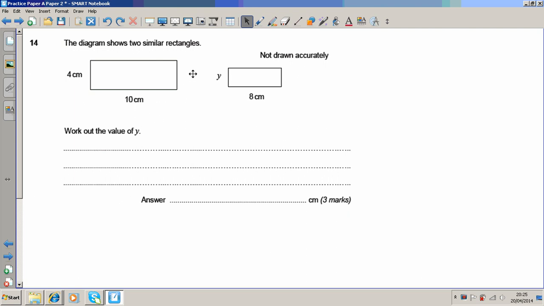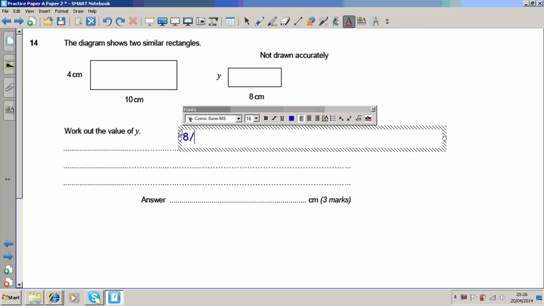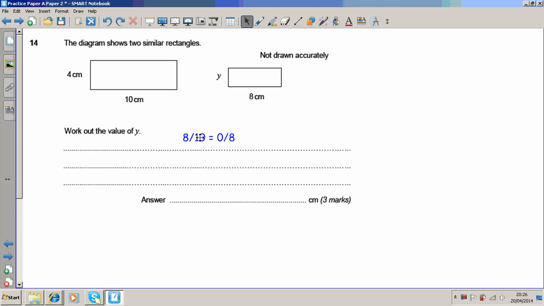Diagram shows two similar triangles. Work out the value of y. Okay, so we're looking for the number that we multiply to get from one to the other. To do that, we do 8 divided by 10. 0.8. Okay, so that's 0.8, which means that